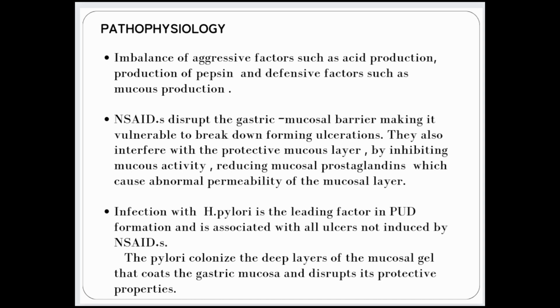The protective mucus layer gets more permeable and causes the acid to move inside the protective barrier. That is causing abnormal permeability of the mucosal layer because the mucosal prostaglandins, which are there to protect the mucosal layer, are compromised. Next, infection with Helicobacter pylori is the leading factor of PUD formation and is associated with